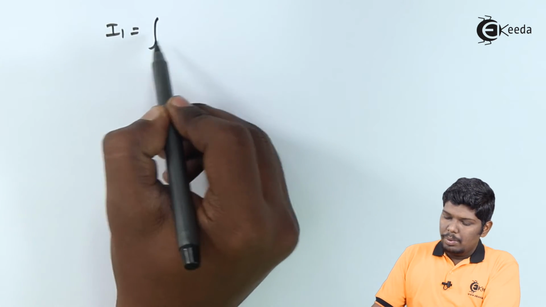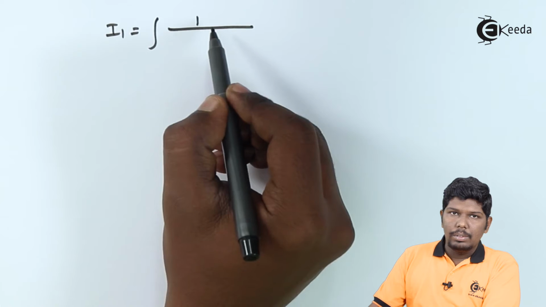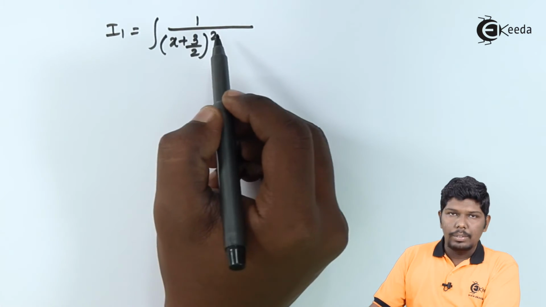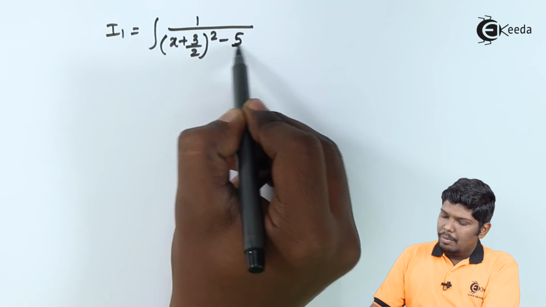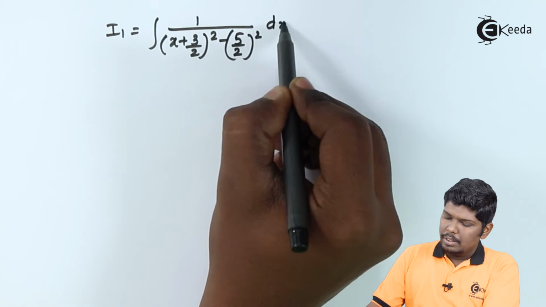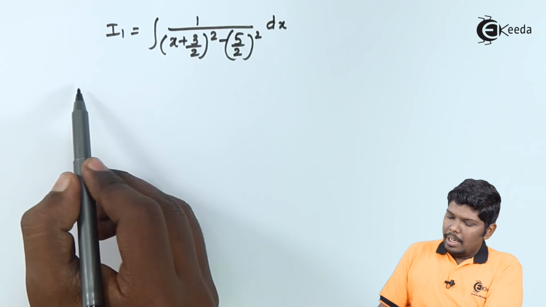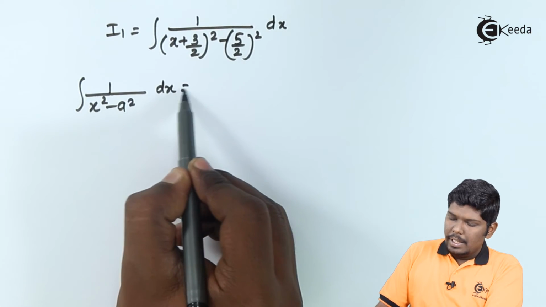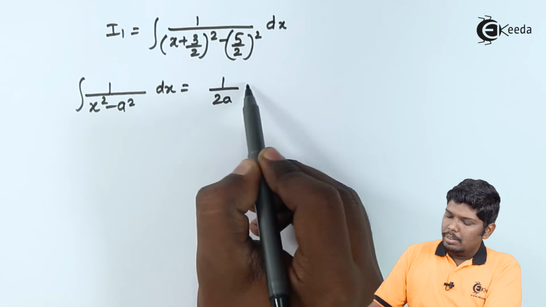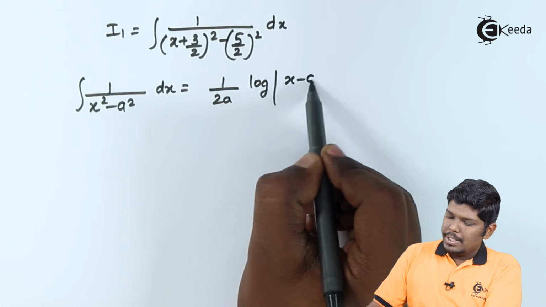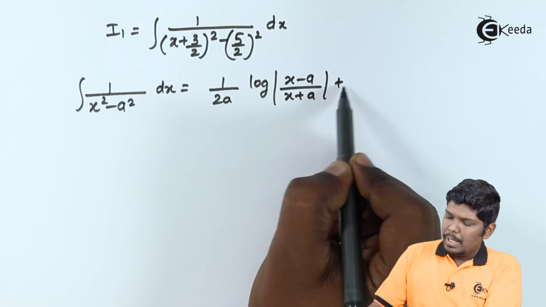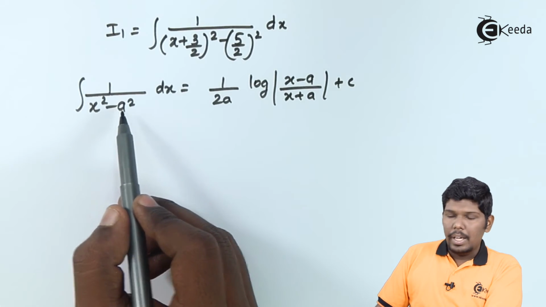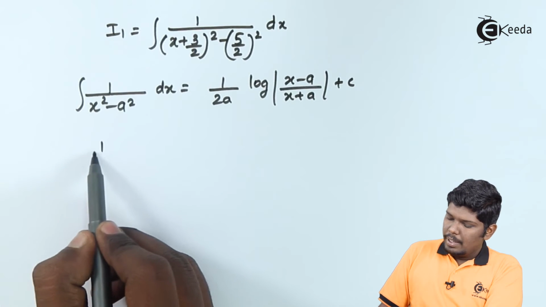This will give you the integral of 1 upon x plus 3 by 2 the whole square minus 5 upon 2 the whole square dx. Now this integral I can compare with the standard formula: integral of 1 upon x square minus a square dx is equal to 1 upon 2a log of x minus a upon x plus a plus c. Here you can see the value of x is x plus 3 by 2 and the value of a is 5 upon 2. Therefore I1 will be